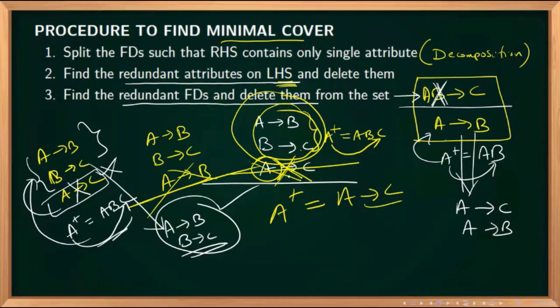So now you clearly understand what a minimal cover is. The first step is to apply the decomposition rule until you get one attribute on the right side. Then remove all redundant attributes, and after that, remove all redundant functional dependencies. Redundant attributes are removed from the left side. Right side is not mentioned because if there were two attributes on the right side, we already applied the decomposition rule and made it a single attribute. So there is no point in removing redundant attributes from the right side. Only in the LHS will redundant attributes be there.